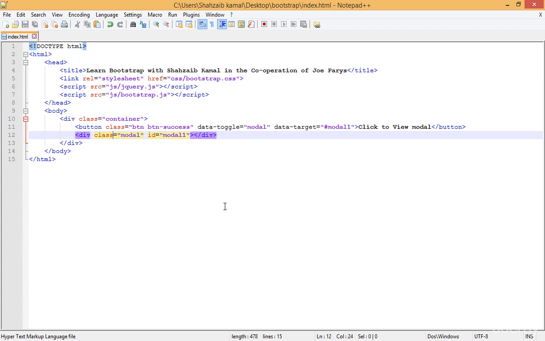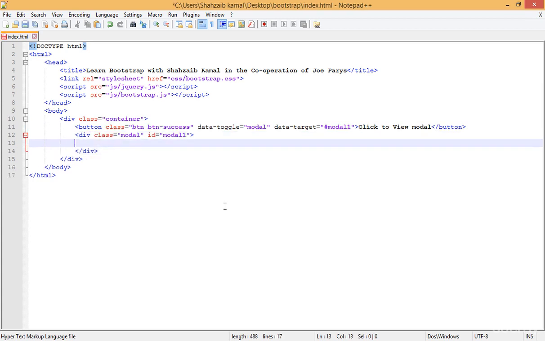Now I'm going to the modal, and there is something we have to put inside the modal. The first one is another class, the modal-dialog. This one is the first one.